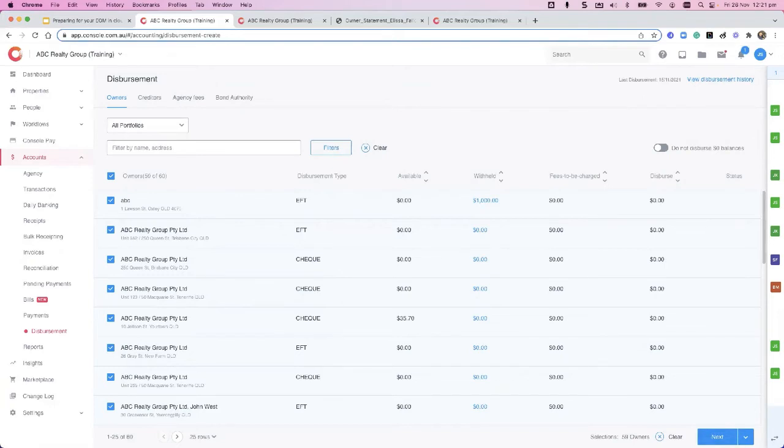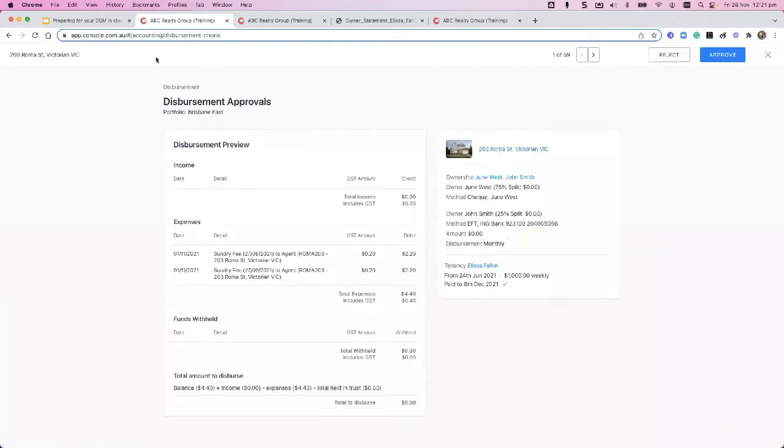Down the bottom, this is an optional tool. So some agents live by this tool. It's a really, really helpful tool. But again, it doesn't stop you from disbursing. So it's completely up to you. I just like to show it because it is a really cool tool. So down the bottom, in our drop-down list, we have a preview option. And that preview option takes you to another screen, doesn't take you away from your disbursements. It just moves you to this screen where it will display all your disbursements one by one and in